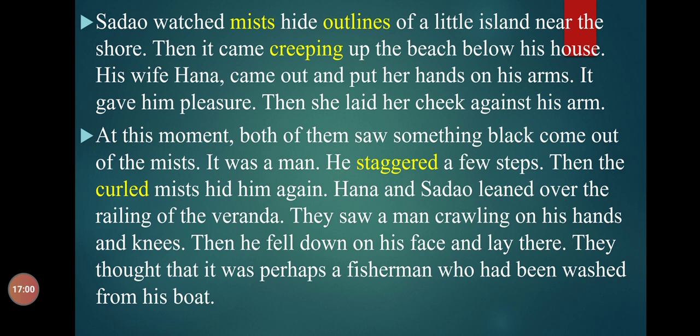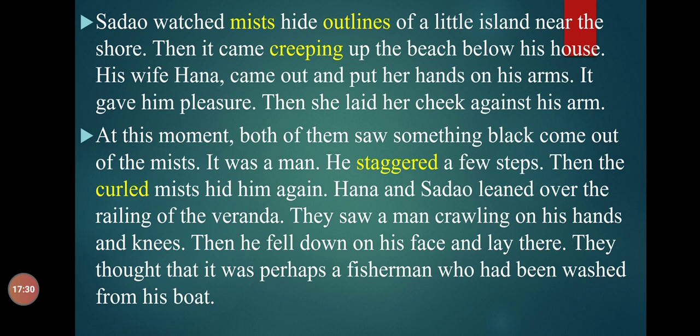Sadao and Hannah loved each other even after having 2 children. After many years of marriage, they had not married in haste in America. Rather, they returned to Japan, sought permission from their parents, and then got married in a traditional Japanese ceremony. They had discussed all the details before the wedding. They were happy with each other. Hannah rested her cheek against Sadao's arm with affection.